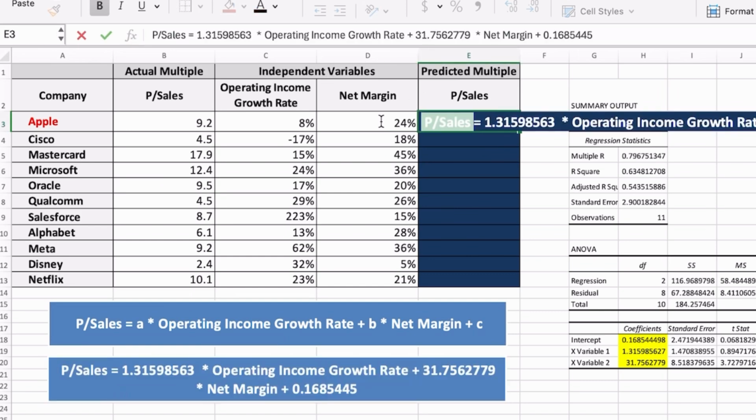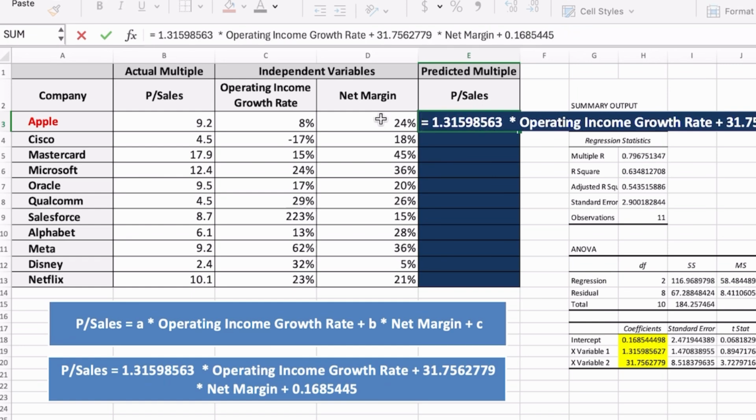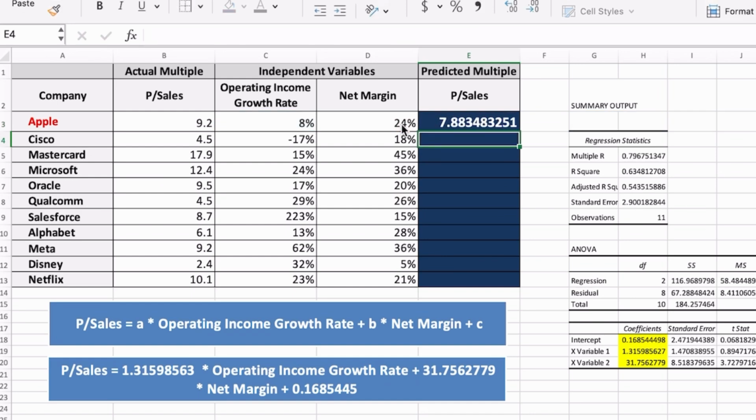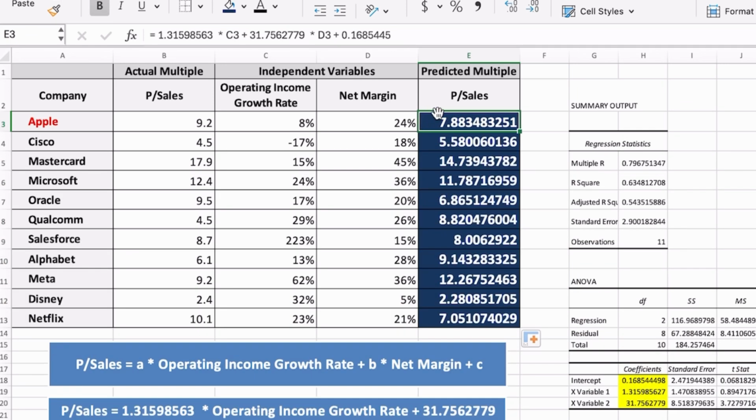We can remove the previous PS here. It's equal to the formula. And we can replace this name with the exact value here. And we can replace net margin with this exact value here. Now we can get the predicted multiple of PS. And then we can drag this down. As we can see, for Apple, the predicted multiple is smaller than the actual multiple, indicating Apple is a little